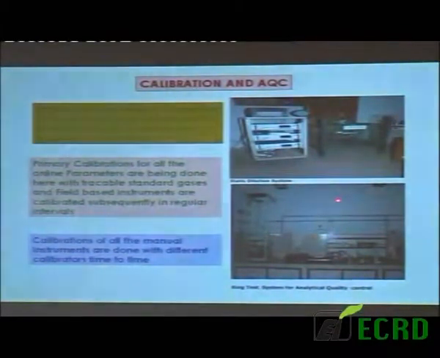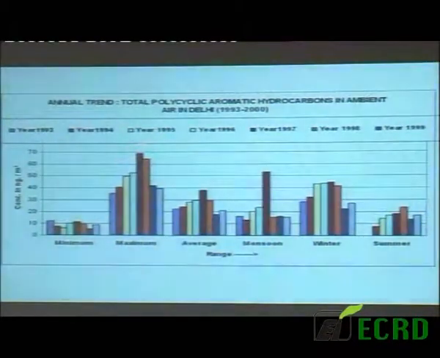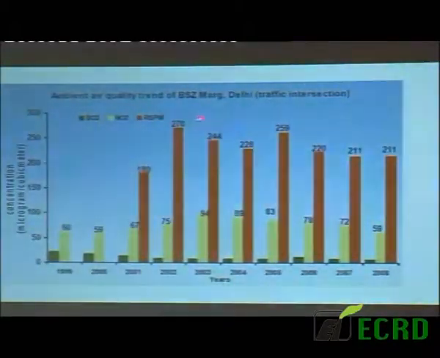You can use an impinger for absorbing the gases here. Next, please. This is the monitoring station in Delhi. We have ITO, Sadra, Sri Fort, then DCE, Shahjadabad, Mayapuri, Janakpuri. Next, please. These are some values of the pH, and these are all now available on our website. Next, please. This is the Bahadur Shah Zafar Marg ITO traffic intersection SO2, NO2, RSPM levels from 1999 to 2008.